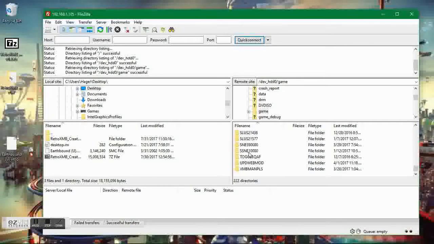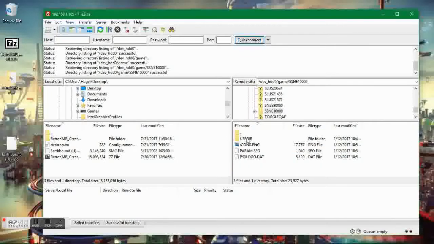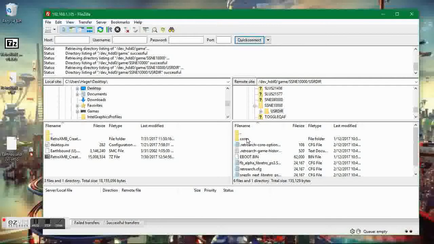What we need to do is find where these cores are though. So let's go ahead and open up the SSNE and the user directory, and there's a folder called core. So we're going to go ahead and open that up. Now it's going to come up with a few other things in here, but there we go. These are the